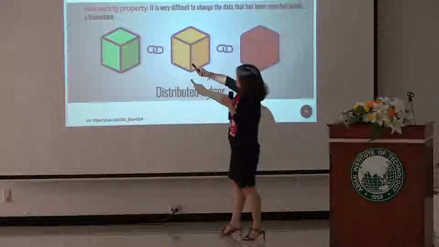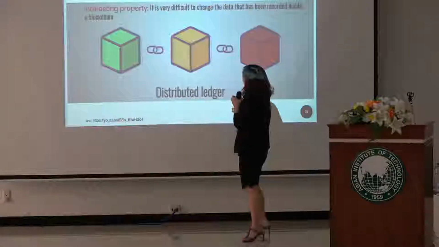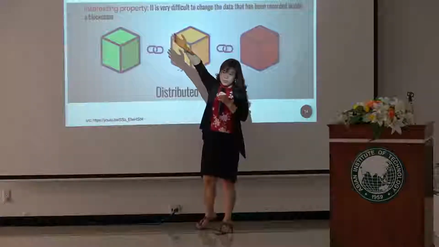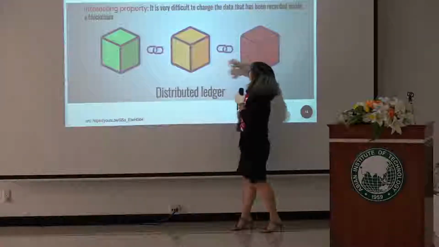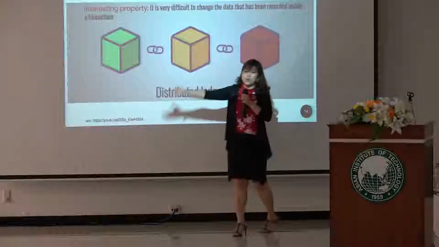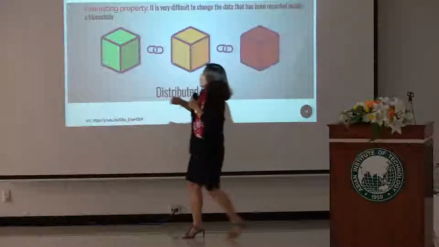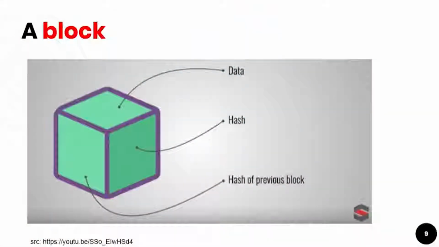And this is what I already mentioned. One interesting and important property of a blockchain is that it must be very difficult or impossible to change whatever data is stored in the block and already recorded there. Okay? So a block. We know that it is a blockchain, right? So what is inside a block? Why do we need to have many blocks connecting to each other or chaining to each other in this manner?